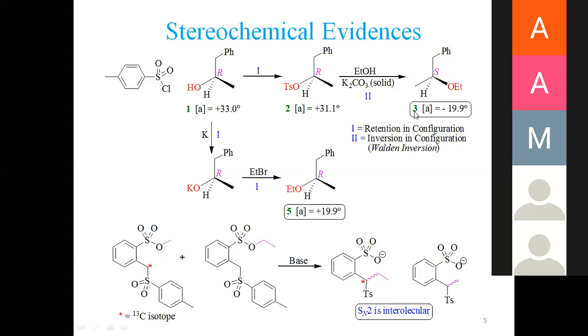But one thing is important: in the first step, you see there is no change in optical sign. When we are moving from here to there, there is no change. It doesn't mean that the sign changes with the change in configuration. No, not at all. I already presented that optical sign has no relation with configuration. But if you look at these two entities, they are mirror images of each other. If these two are mirror images, they are enantiomers.